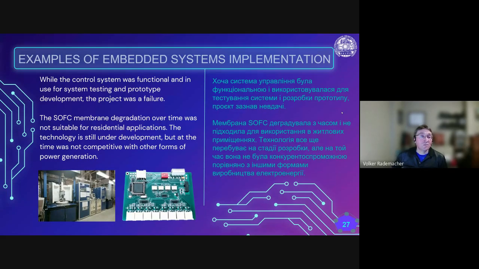While the control system was functional and in use for system testing and prototype development, in the end, the project was a failure. The SOFC membrane degradation over time was not suitable for residential applications. The technology is still under development, but at the time was not competitive with other forms of power generation. And that was a problem with the solid oxide fuel cell. Still is, I think, since we aren't all using solid oxide fuel cells,